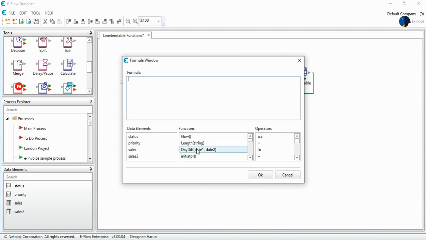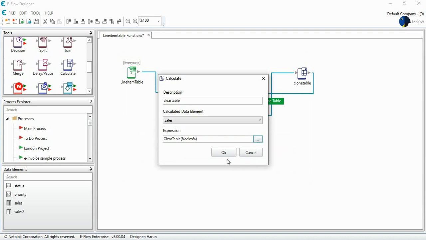I go to formulas and this time I go for clear table, this function, and again the table to be cleared will be sales table,